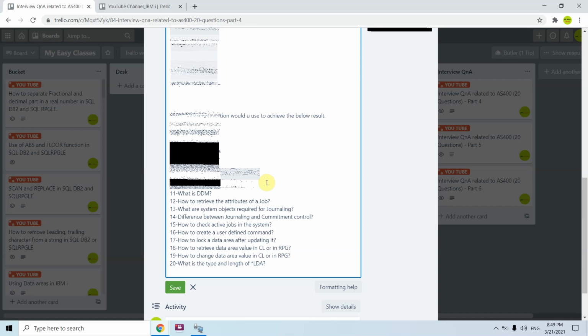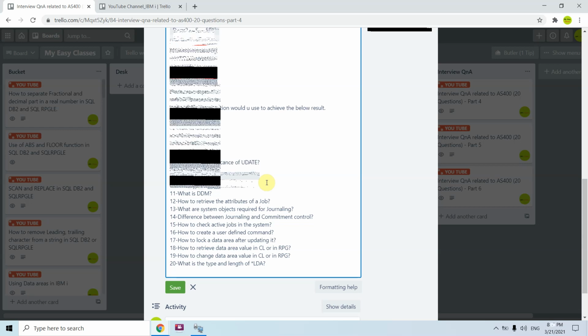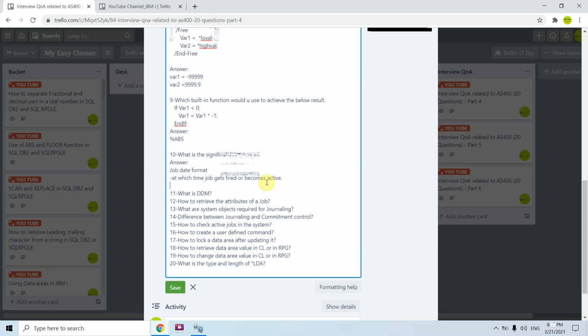No, this actually retrieves the job date, so we are basically getting the time at which the job gets fired or becomes active. If you use the system date, you might end up with some data decimal error.